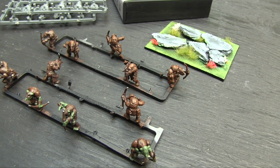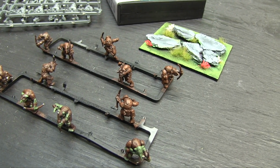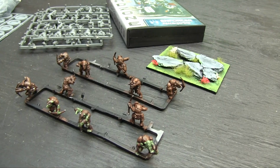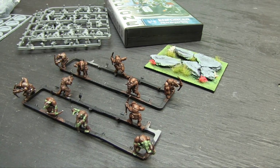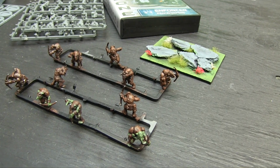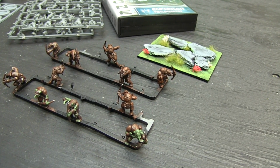And then I have Flea Bags and another Reaper Bones giant in the mail, which I'm super excited to paint. Those are going to be super awesome, and thanks to the guys that are sending them in, because I was going to have a hard time finding them locally. And that's going to round out some options for the army pretty nicely, and I'm really stoked about that,